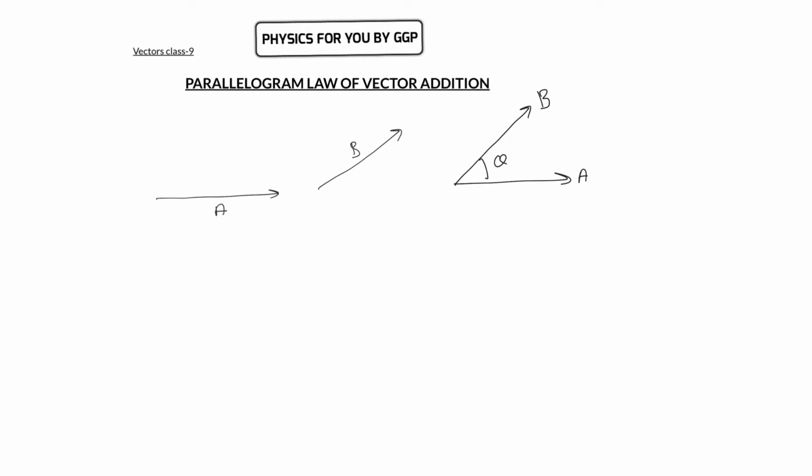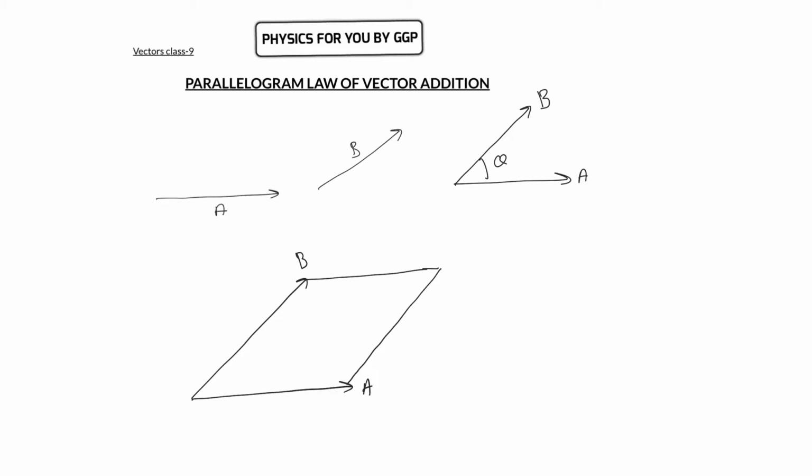Now according to this parallelogram law of vector addition, to add two vectors, we place both vectors at a common point. So we'll keep this a vector over here, and now we'll keep this b vector like this. Now by using these two vectors as the adjacent sides of a parallelogram, we can construct a parallelogram. While using this a and b, we can complete this parallelogram. Got it? Now the diagonal of the parallelogram between these two vectors gives the addition vector.